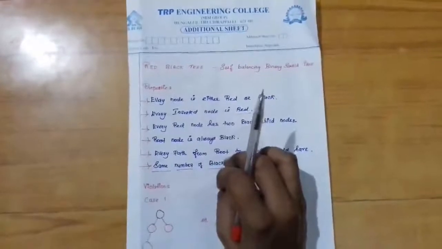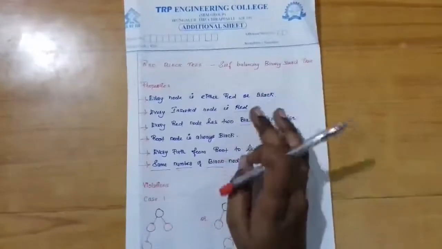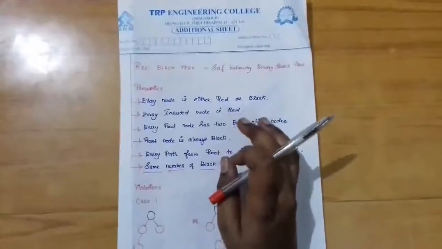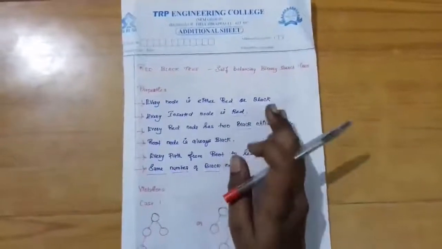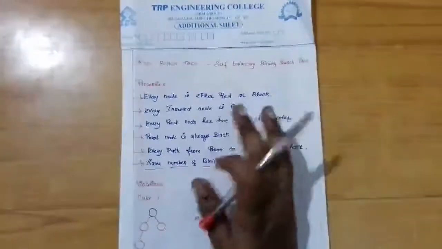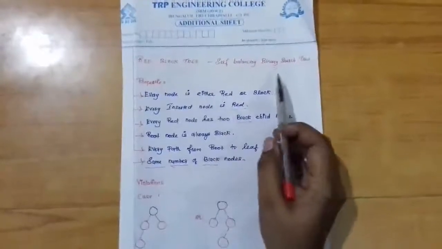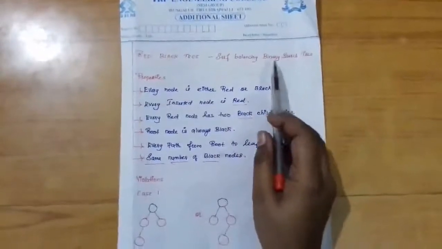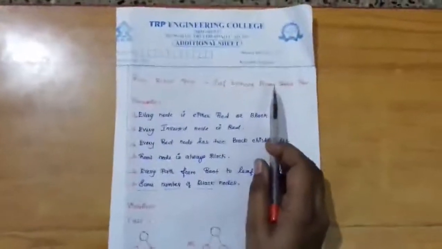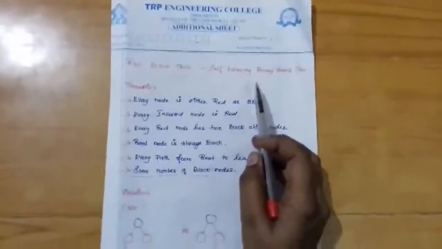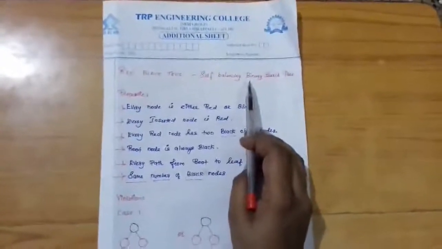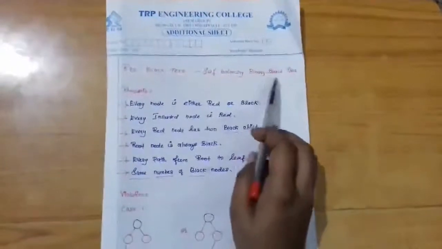The first one is the left subtree of the root node has a key value lesser than or equal to the parent node's key. The second one is the right subtree of the node always has a key value greater than the root node's key value. Whenever we insert or create a binary search tree, we need to check the value with the root node. If the value is lesser than the root node, then we insert it as a left subtree. If the value is greater than the root node, then we insert it as a right subtree. So this is what a binary search tree is.